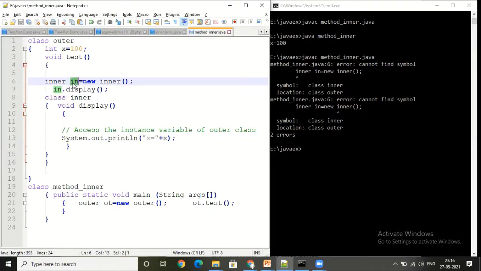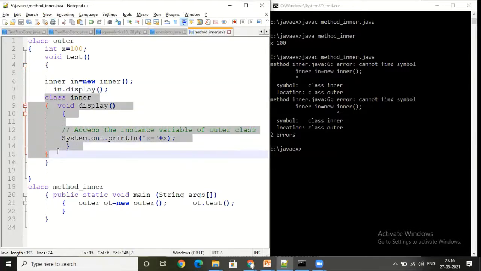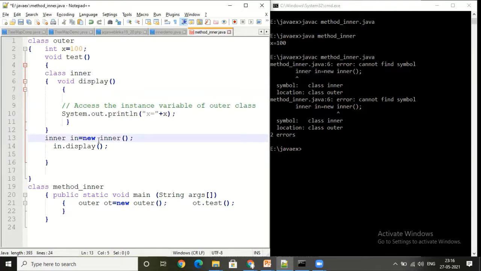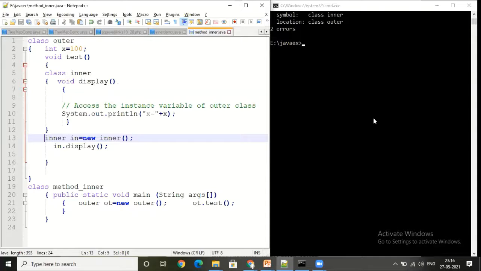So just remember, you can create the object of that inner class and call its method only if you have defined it earlier. So that is how you can have the local method inner classes also.